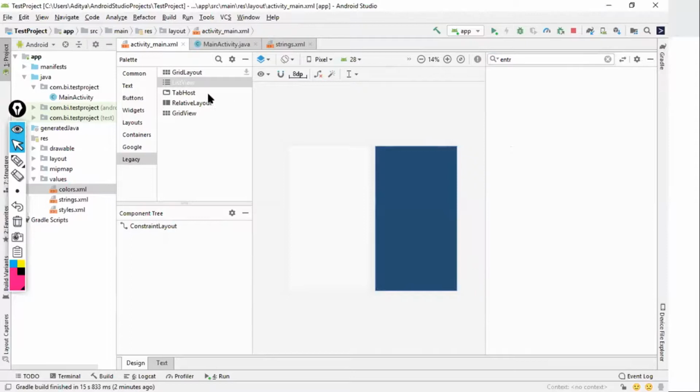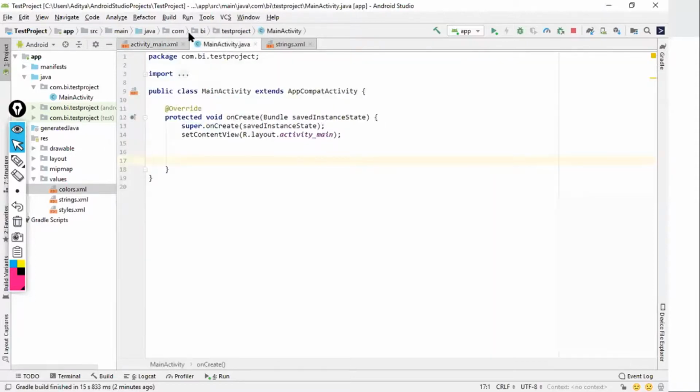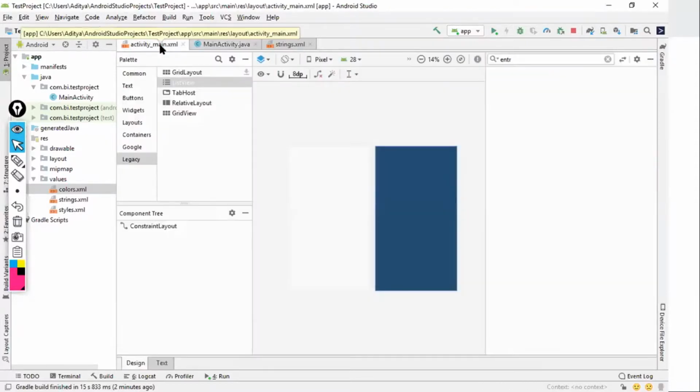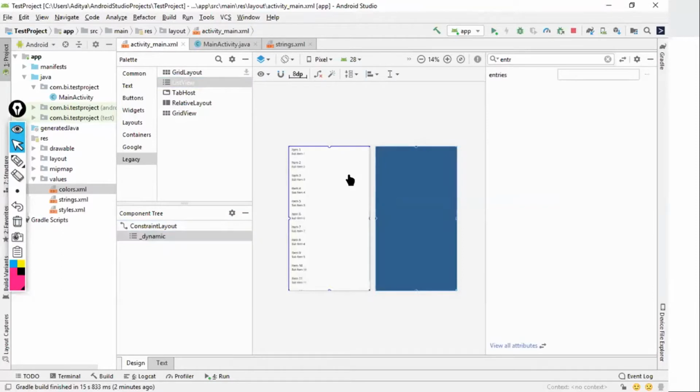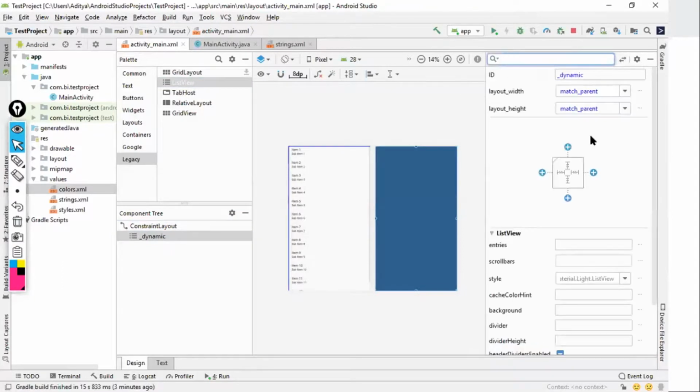This is a sample project, so just consider this as a new project. I'll go to legacy, take the list view, and add this list view to the constraint layout. Again, I'll provide constraints to it. Next, give some ID to it, and the ID is list.